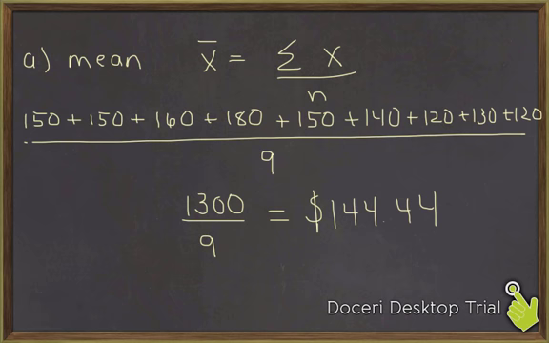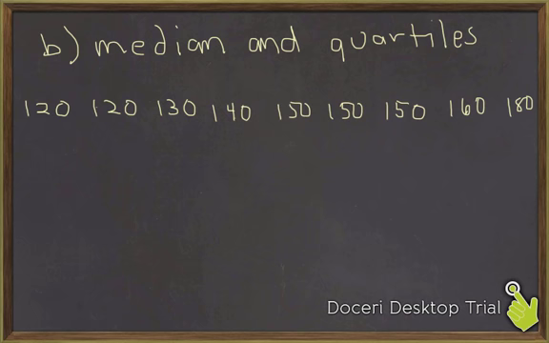Okay, the second thing that we want to find are the median values and the quartiles. All right, so what we need to do to find the median is we need to put our numbers in order from smallest to largest. And we want to find the one that is in the middle. So since we have 9 numbers, the median is going to be the 5th number. So for this data set, the number that's in the middle is 150,